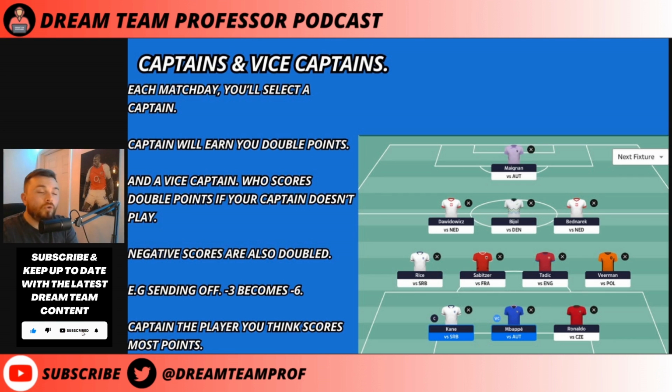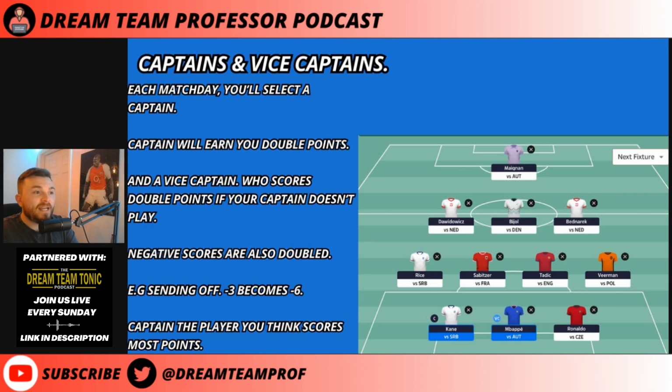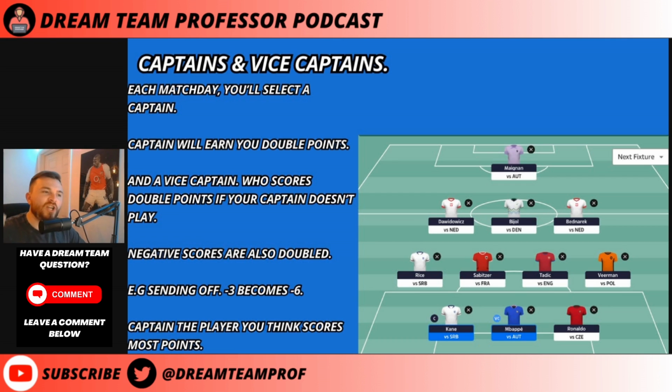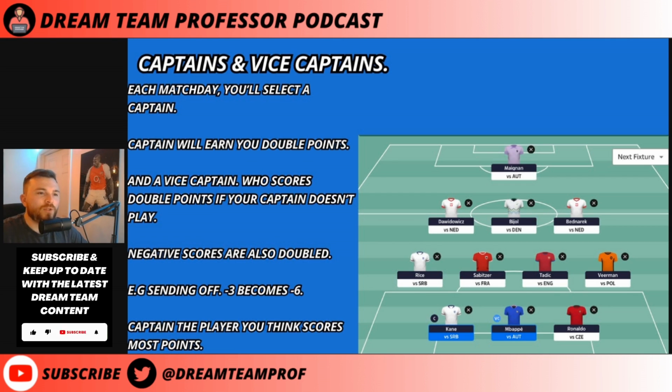Negative scores are also doubled. So obviously, if you get double points for your captain, you get double negative points as well. So for example, if your player gets sent off straight away and gets a -3, that will become a -6. Negative points are doubled as well, so cards and own goals will count double too. But overall, you just want to captain the player that you think is going to score you the most points